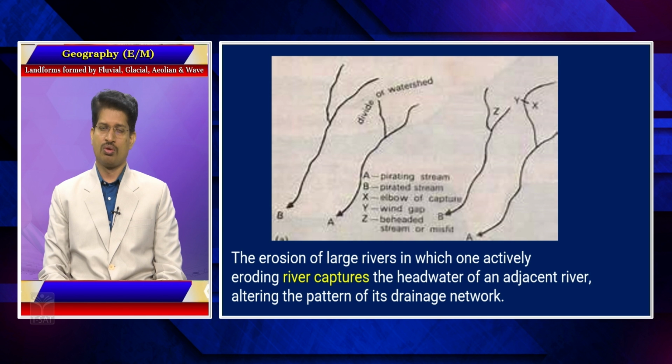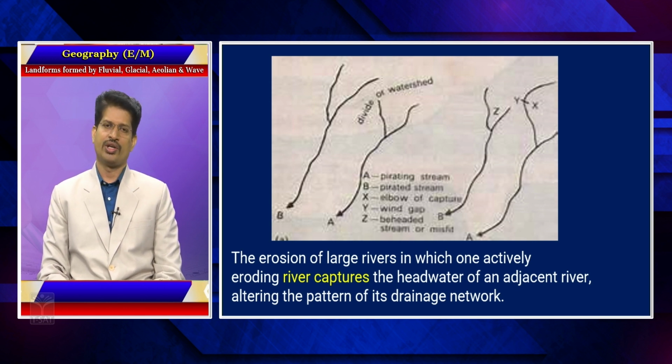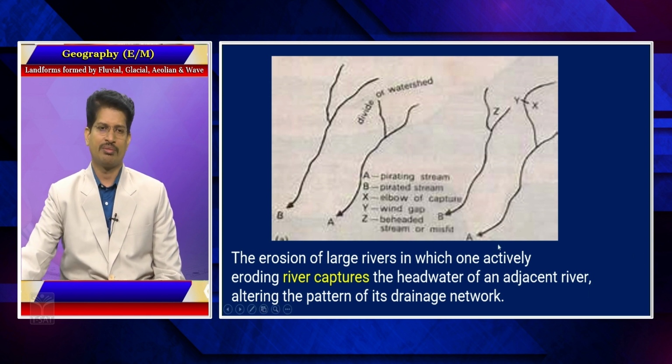In this process, because of a change in the slope gradient, because of tectonic activity or landslides, or because of weathering and erosion, a tributary might change its direction and merge with a different river. This phenomenon of the merging of one river's tributary with another river is known as river piracy. River piracy is also described as river capture. So, you may get a question: what is meant by river capture or river piracy?